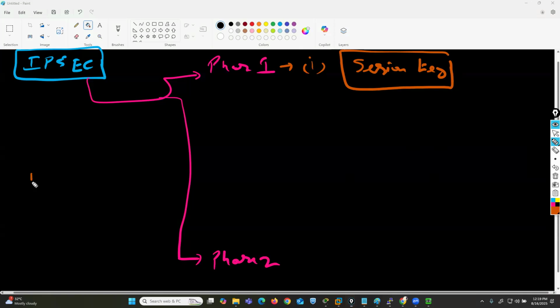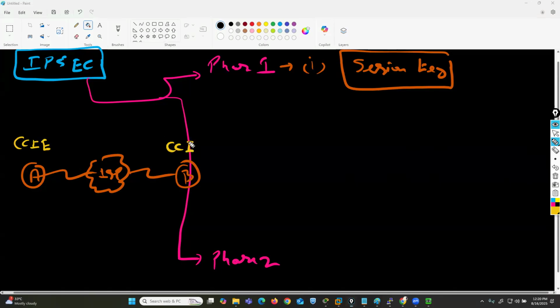For example, you have branch office A, branch office B. The first step for VPN configuration, you can generate session key. For example, here I'm using session key CCIE. Same session key, CCIE. What is the use of session key? You can encrypt your data traffic, your LAN traffic, with session key later on. So first step is you generate your session key on both branch offices, and the next step is to